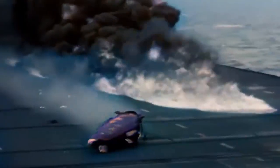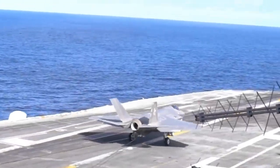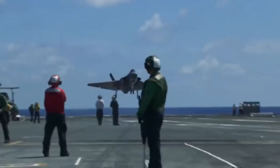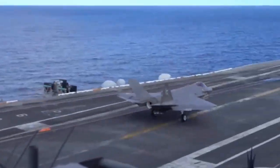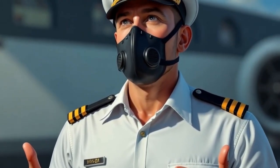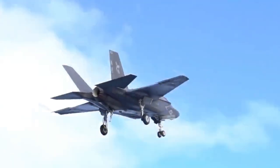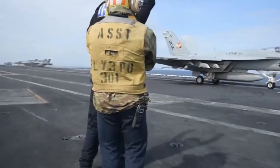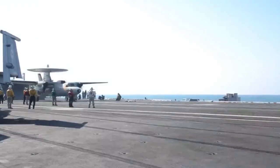It seemed like a fatal accident, but thanks to the quick response, down. If they catch one of the 3 or 4 arresting wires, the extra power allows them to continue down the angled flight deck and take off again. This for another landing attempt. However, early aircraft carriers